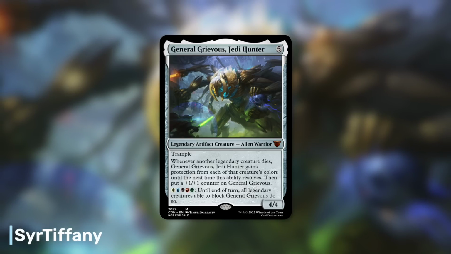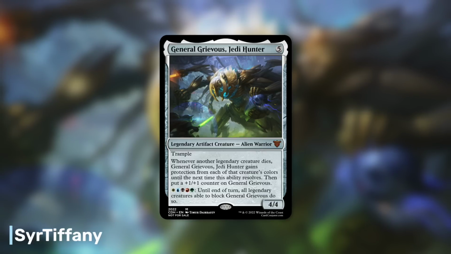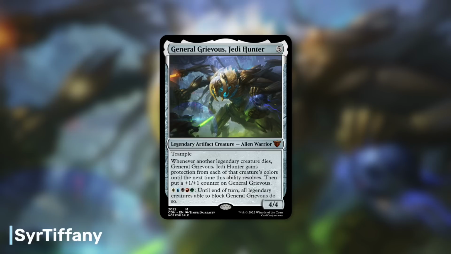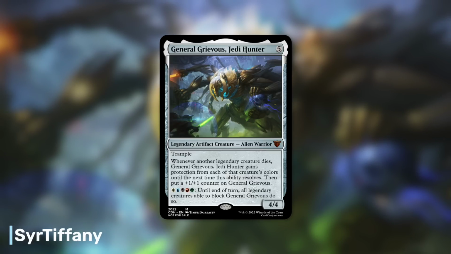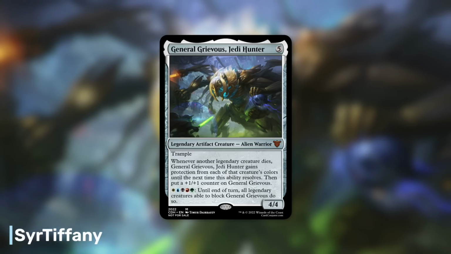Well, Sir Tiffany, I definitely agree with you, and yeah, this is an incredibly unique commander that I really love the design of. That layer of protection just adds a different layer of complexity with this commander, and I very much enjoy that. Again, if someone is trying to destroy General Grievous and there just happens to be a legendary creature on the board, like maybe someone's commander that happens to match the color of the spell that's trying to take out General Grievous, well, you can use a target removal spell yourself to actually, again, give General Grievous protection from that spell